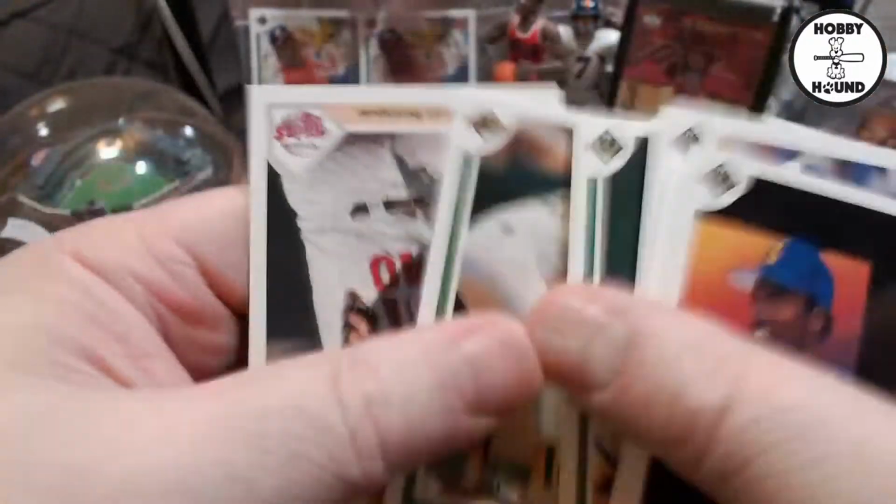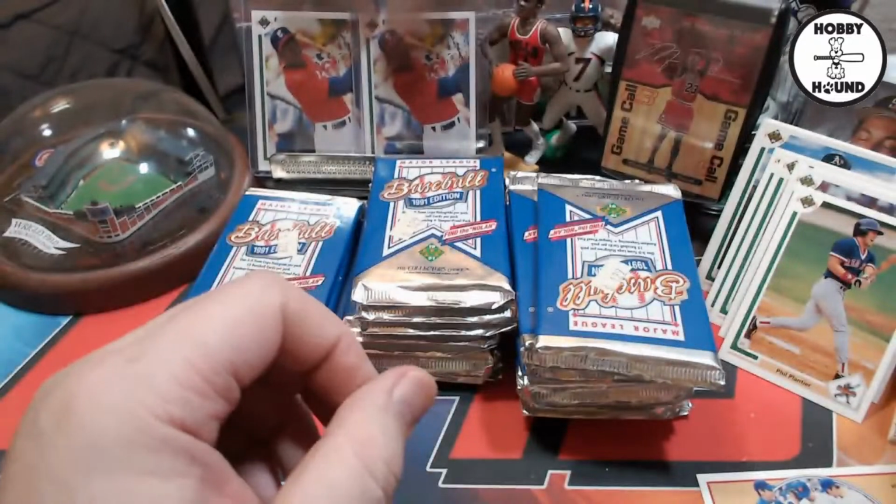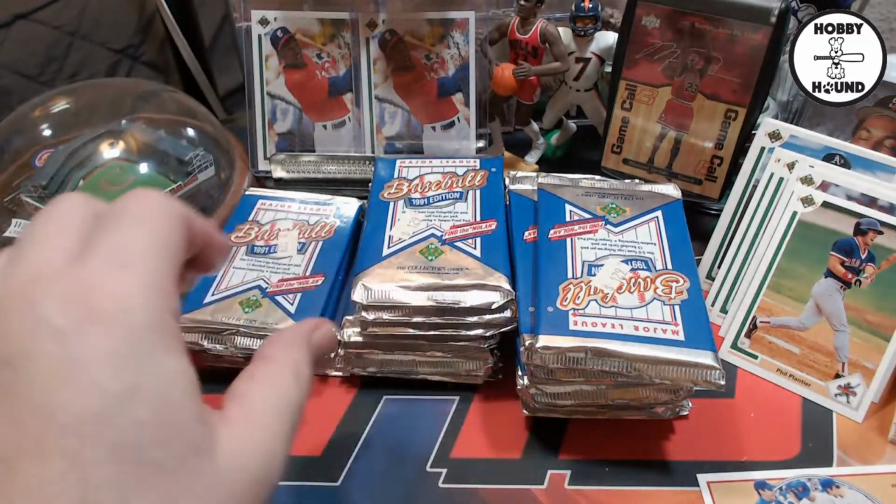Cal Ripken. I want to say that the only thing that wasn't overproduced was that short print, being it was one every other box or something like that. But